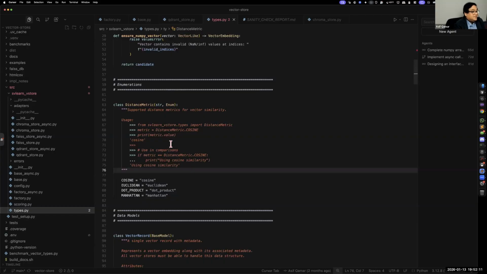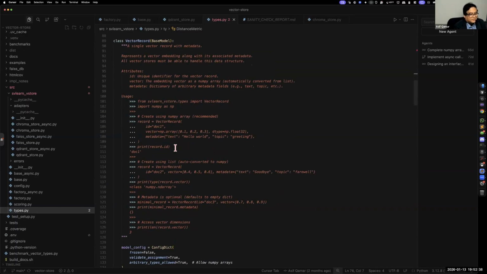Now, here is the thing. If your vectors are all on a unit sphere, unit hypersphere, as I advocate, then Euclidean and cosine become more or less the same thing. Are we together? You realize that if they are on a unit hypersphere, you are moving along the arc. The distance you move along the arc and the angle between them are related. So then it doesn't matter which one you're using. Right? So cosine is the one.